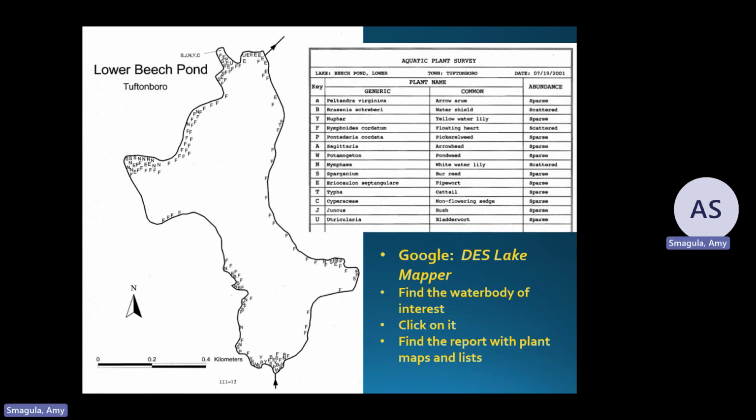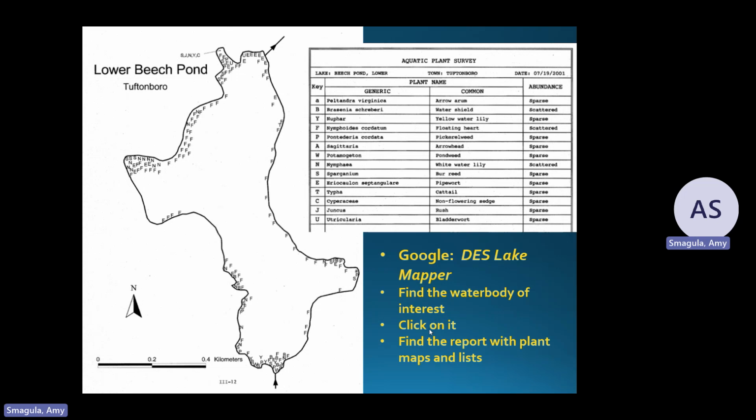I just want to point out some resources that are available to you. If you would like to have a map showing you what plants we have documented in your water body, those maps are available to you online. All you need to do is go to Google or some other search engine that you use and type in DES Lake Mapper. You'll have a map of New Hampshire pop up, and you can zoom in on your water